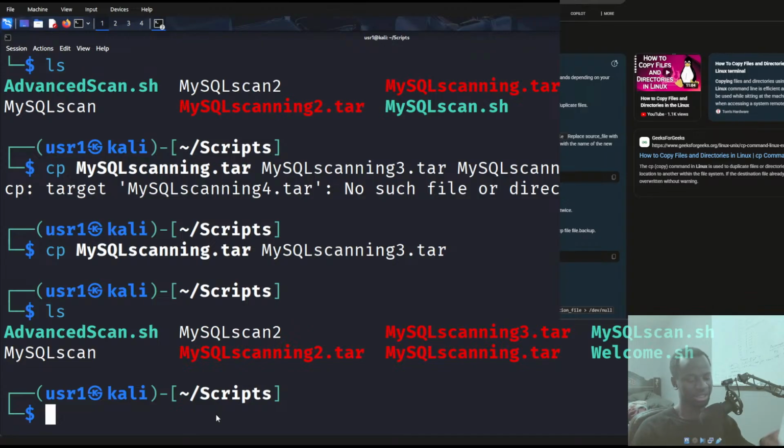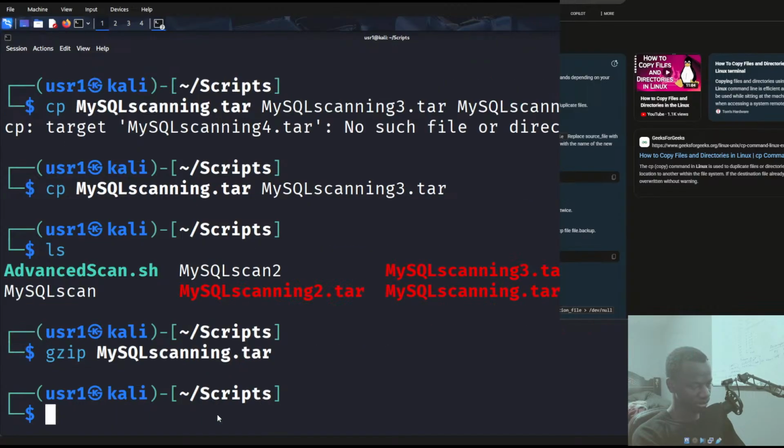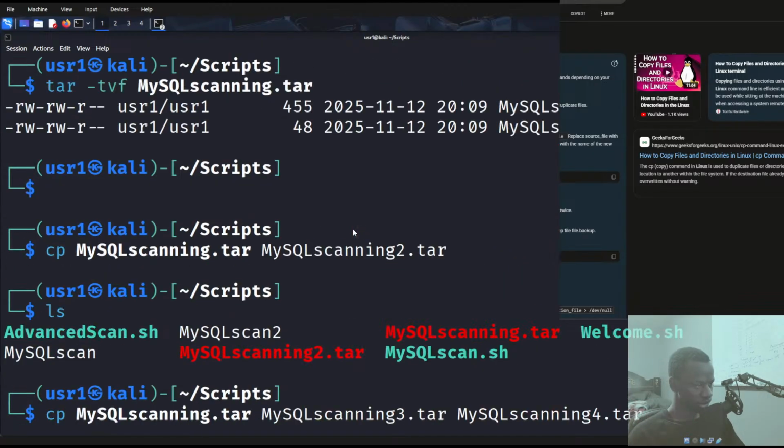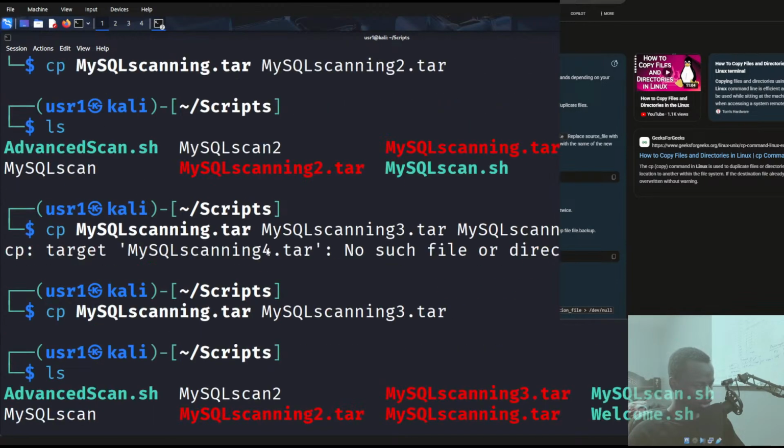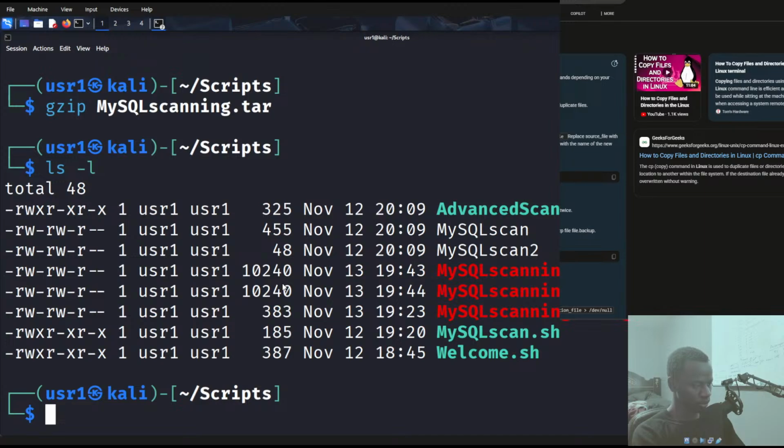We can try all the, what are they called again, the compressions. So we start with gzip. Let's do gzip mysql scanning dot tar. Okay, I didn't check the size before. Before it was 10 to 40. Now it will be